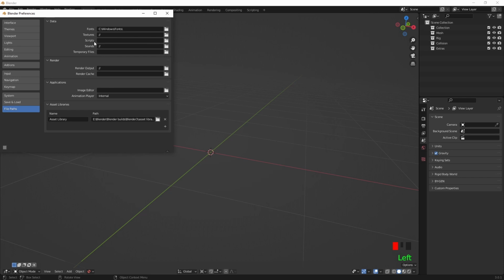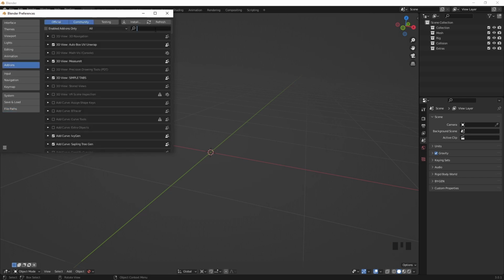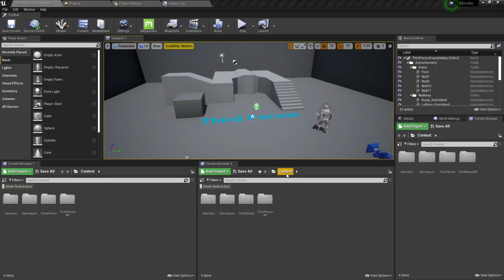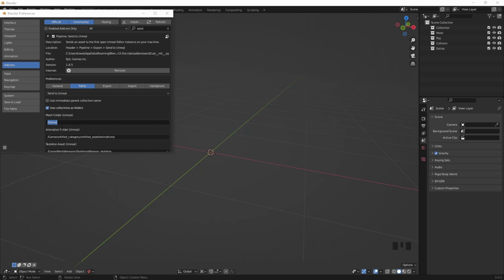So the first thing we're going to do is go into preferences, add-ons, search for send to. When you use collections as folders, game here actually refers to the actual content folder. If you say game is the first folder, then everything else below that will be after the content folder. So if you ignore the name of mesh, you go to new, and we simply call this weapons, and then if we make another one in there and we call it swords,